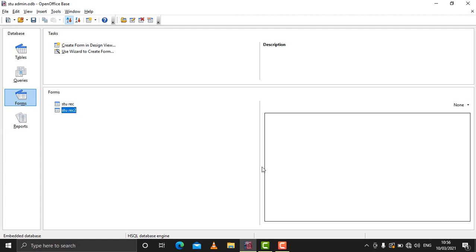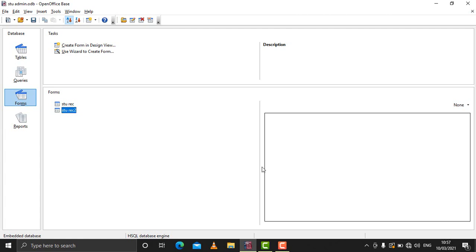Sometimes certain users need to enter certain types of information, but they should not be allowed to access all the information which is stored in the table. Say for example, a table has a number of fields, and in those fields some data is required to be entered by users. So what we can do is create a form, and through the form we can give access to only a few fields from the table. The users will have control over those fields only.